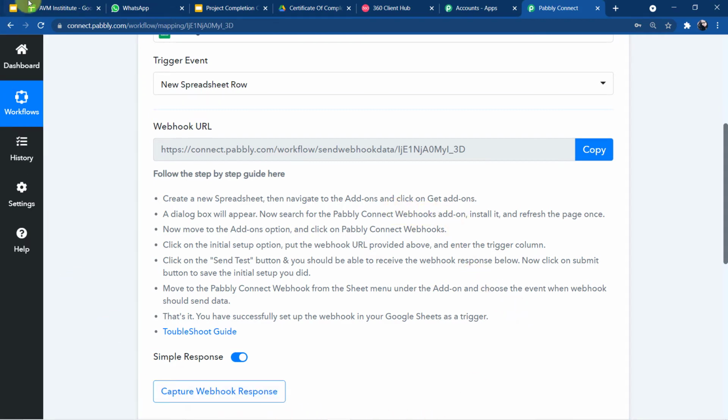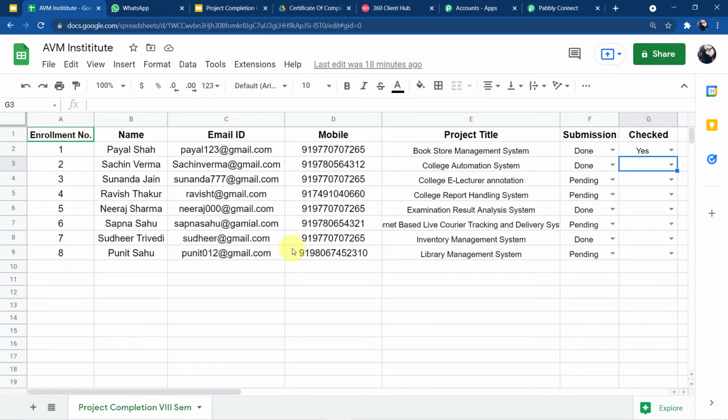Okay, so what we have to do here is into my Google Sheets. Here you can see I have already created my Google Sheet and I have provided all the data. You can also create your Google Sheet and edit it according to your choice. You can add the data according to your needs and your choice. I have created this. This is ready to get integrated with Pabbly Connect. I have provided the title of my institute name. So you can also do the same.